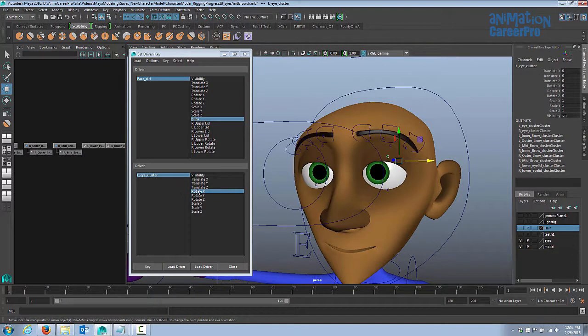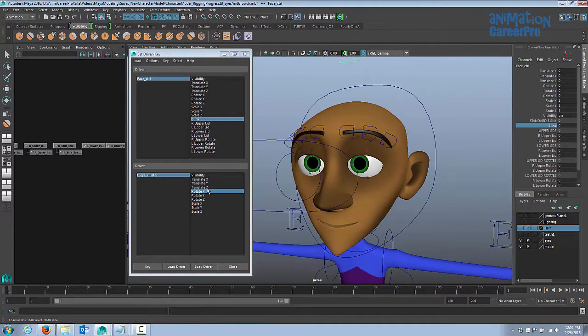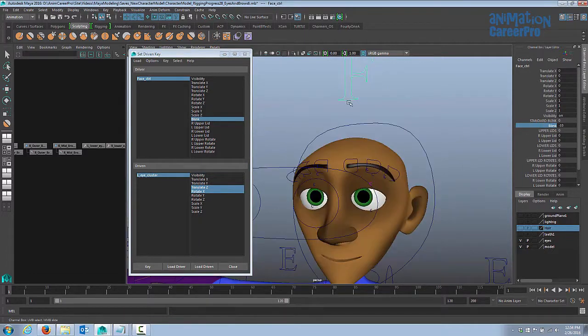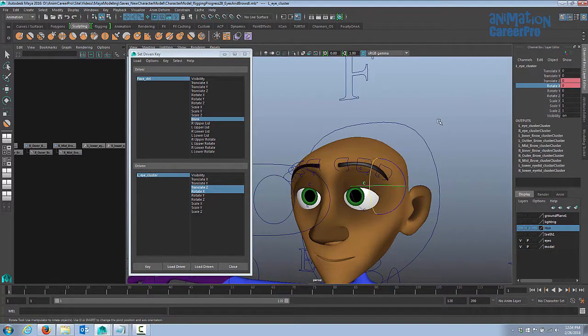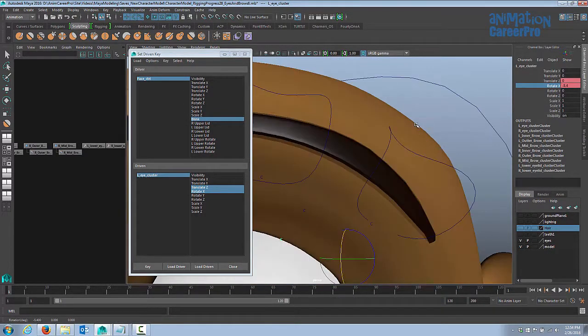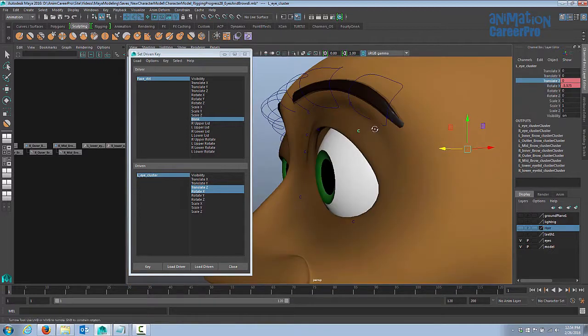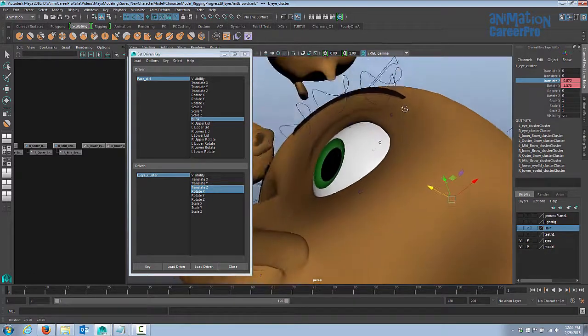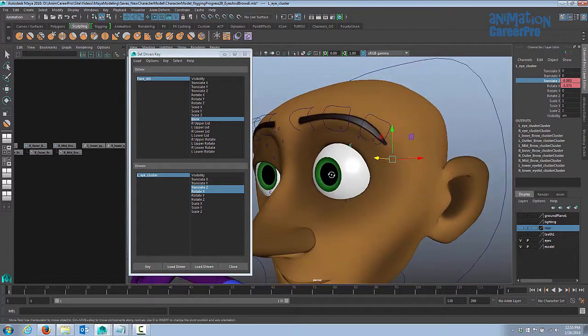Let's click on the rotate X attribute here, the translate Z as well. We'll select the translate Z and the rotate, so this is just so that we can translate it back as well. So let's hit key. Now it's keying the translate Z and the rotate X. And we'll set our blink to -10. And let's select the cluster. And let's rotate it back up in X, as high as we can go before it starts to deform. And let's translate it back in Z now, just so it hugs the eyeball nicely there. And we'll hit key again.